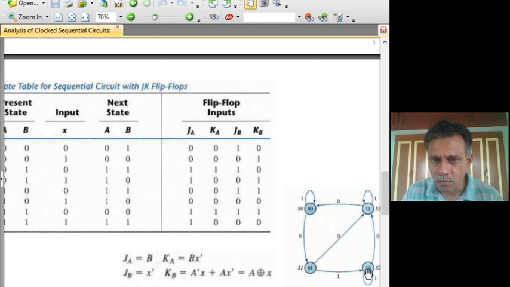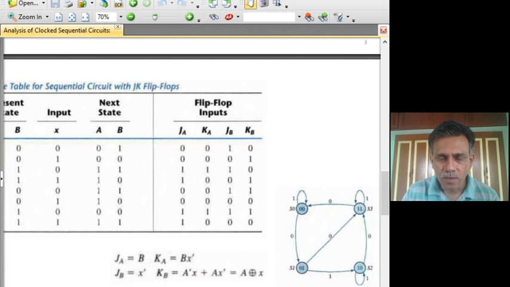The same state. From 1 0, for a 1, you go to 1 0, the same state. At last, we have got two states corresponding to the present input of 1 1. You can see that for a 0, you go to 0 0, which is this arc. For a 1, you remain in that state, which is the self loop here. So you have now the state graph that is being written down.